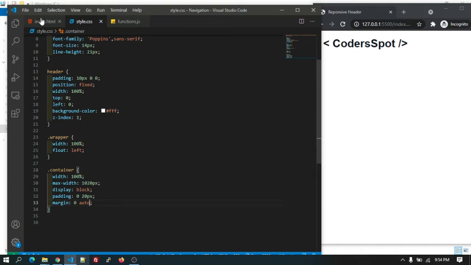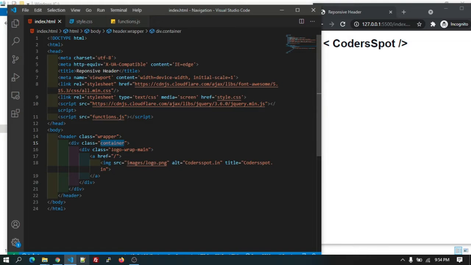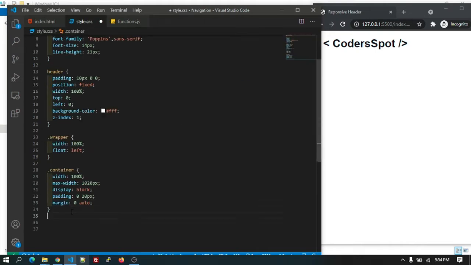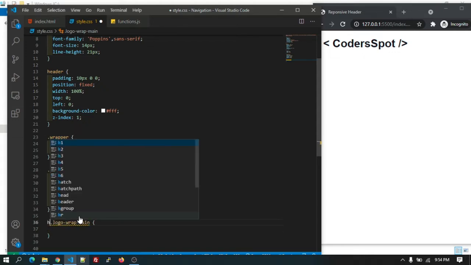Let's add the CSS to the logo wrap main. It will be there inside the header.